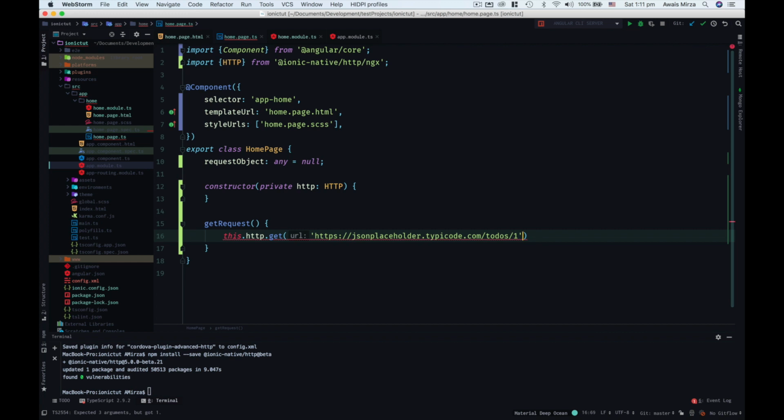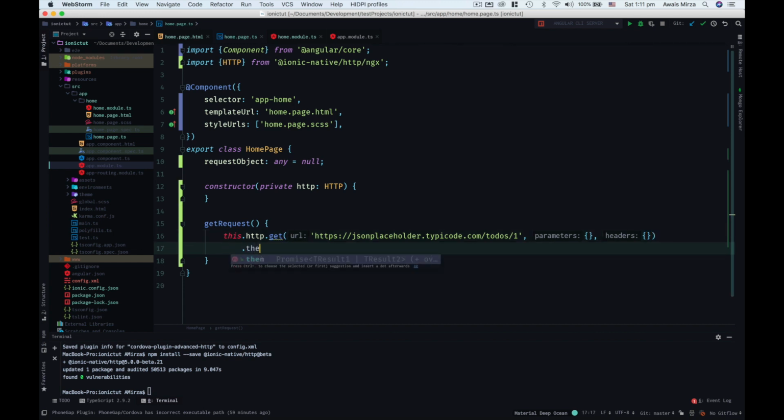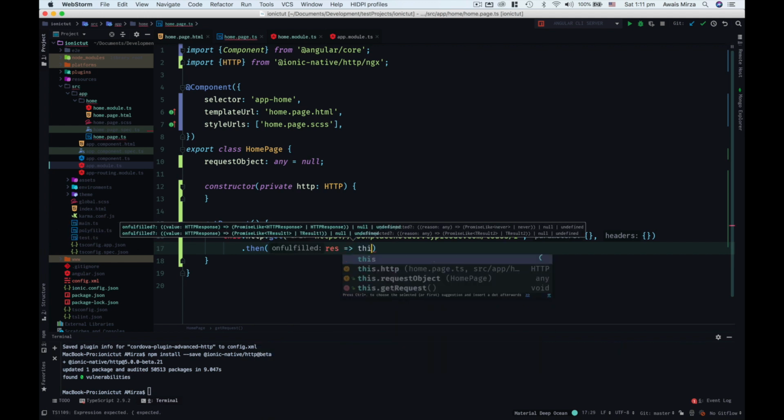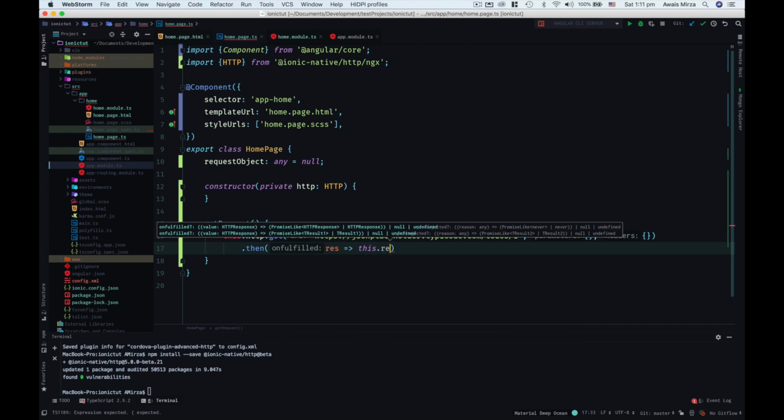I'll paste that here and then a comma, and I'll just pass in an empty object. It requires two parameters. We can just do an empty one. Now it's a promise, so we're going to go to the next line and handle that with then, and then I'll say if I get the response back, then I want to set that response to the request object. So this request object is equal to